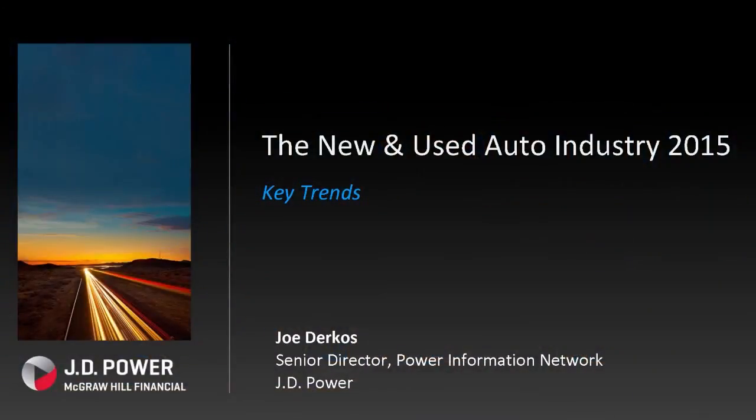So I'll do my best to give you something impactful, something interesting that I hope you can take back and hopefully benefit your work later this week, next week, or whenever it is that you get back to your day-to-day operations. So the title here is pretty generic, but very much in alignment with what I've done in years past,